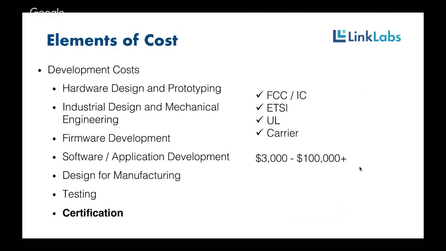And then carrier certification. Some of the technologies we're going to talk about here are cellular, and so being certified to be on a mobile network is an important part of certification. For simple devices that just need an EMI check from FCC, you're looking at $3,000 or less, but full global carrier PTCRB certifications are easily going to run you over 6 figures in a lot of cases.